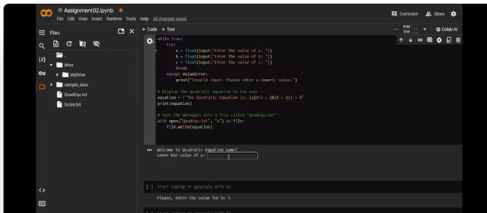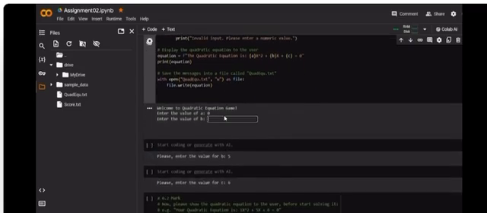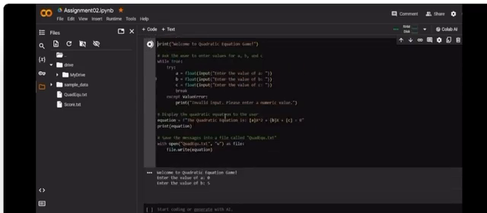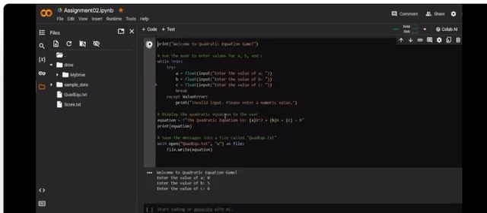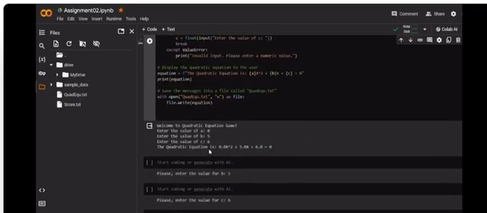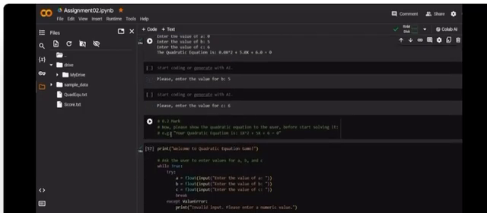The professor gave us a value for each number, but he didn't give us a value for A. Since he didn't give us the value for A, let's assume the first number for A is going to be 0, and he gave us the value for B, which is 5, and the value for C, which is 6. And once I entered that, it gives me the quadratic equation for this is 0, which is what we have here.